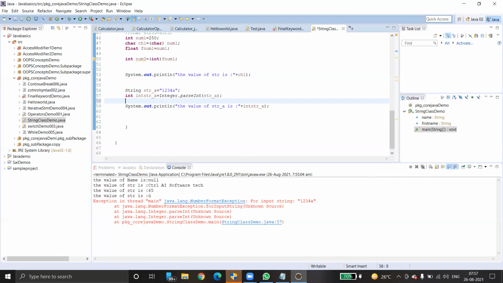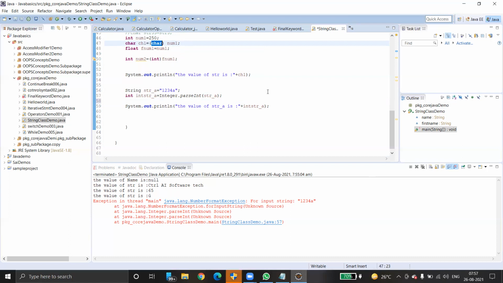Second rule, coming to typecasting, there are two types. One is implicit and another one is explicit. Implicit means the compiler will take care. It can convert a lower data type to a higher data type automatically. If you try to convert a higher data type to a lower data type, the compiler does not take care. At that time you have to go for typecasting. In typecasting, you simply use a literal data type keyword. Here we are using the keyword char to convert a number to a character. So this is nothing but explicit typecasting.